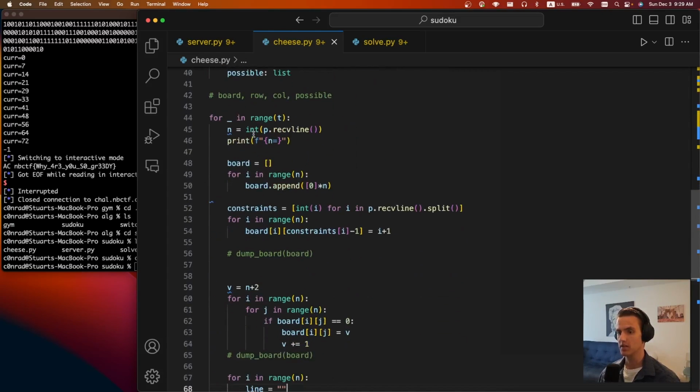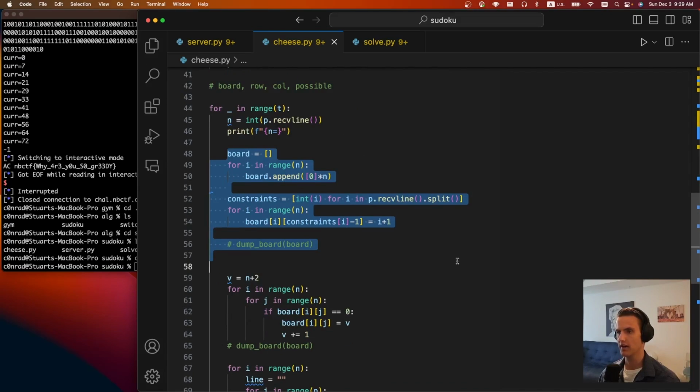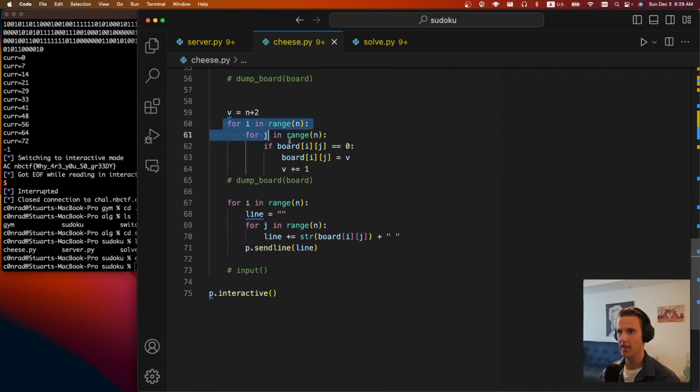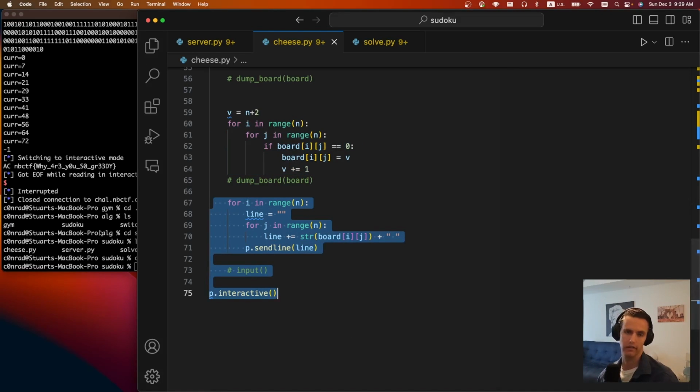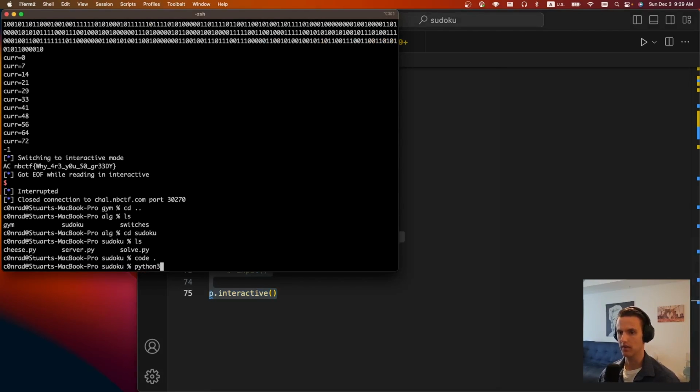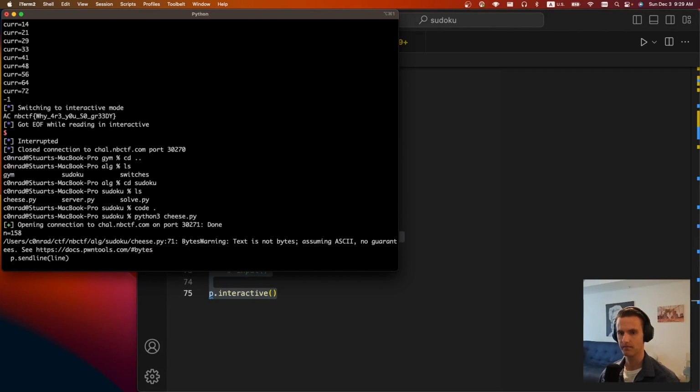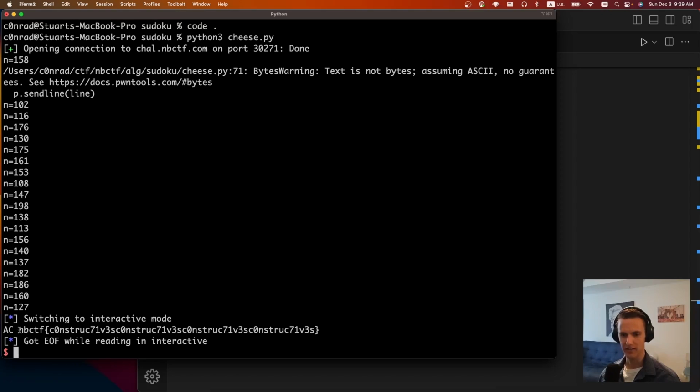But basically, you're just going to load in the board. They're going to tell you how the board is constructed. And then from there, you're just going to go through every space that hasn't been filled in, auto-increment and add a new number. Then you send that back to the server, and you win. So we can run it real quick. Python 3, cheese. And there we go. We get the flag. NBCTF